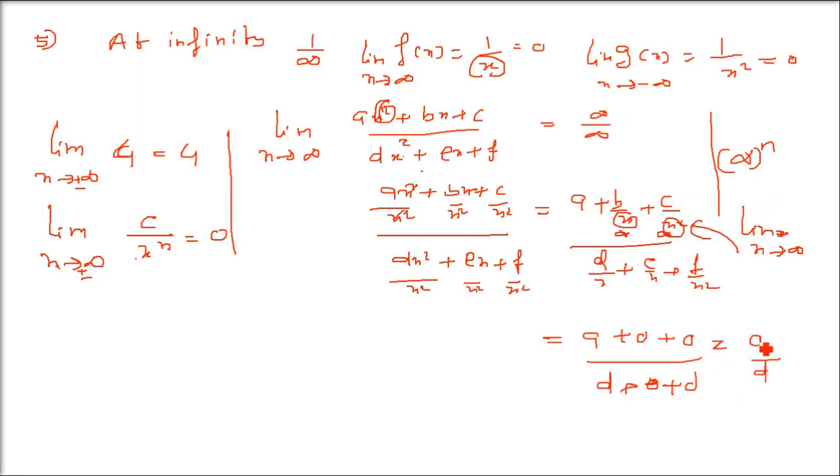This is how we resolve this issue using this algorithm for the method of evaluation of algebraic limits at infinity. So there are 5 methods which we discussed, and these are for algebraic solution, and in the next discussion we are going to see the evaluation of trigonometric limits. That is a different aspect, so we will take that next time.